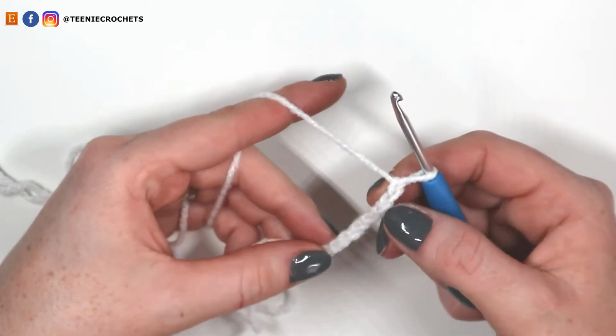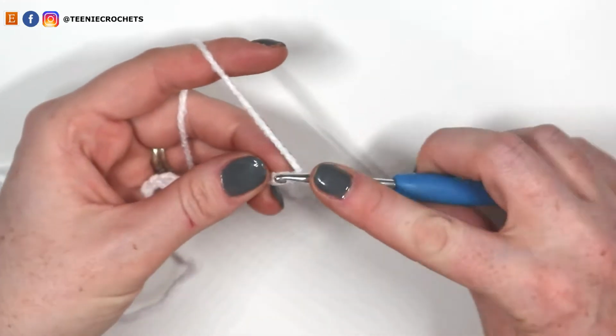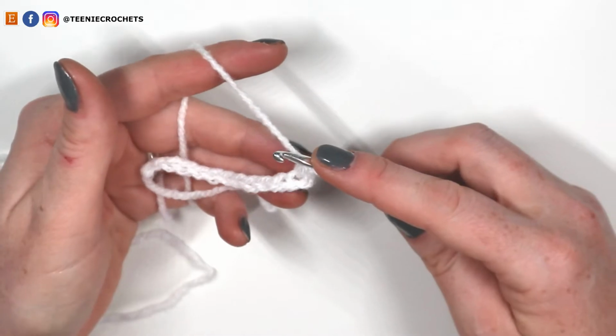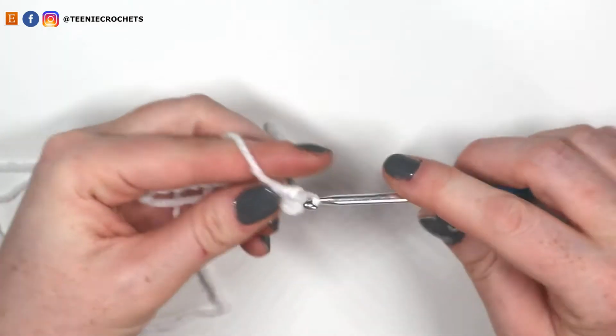Now I'm going to do a single crochet into the second chain from hook. Remember, you always skip that first chain. So single crochet into the second chain. And now I'm going to single crochet into the next 9 chain spaces. So 9 single crochets. 1,